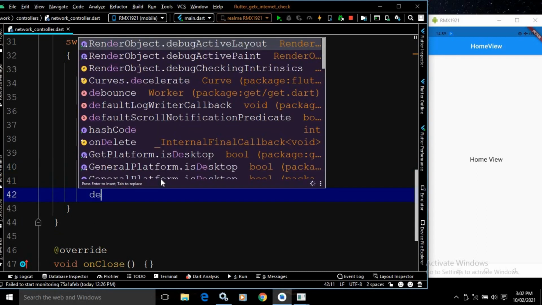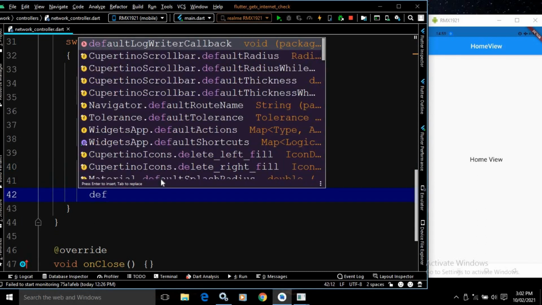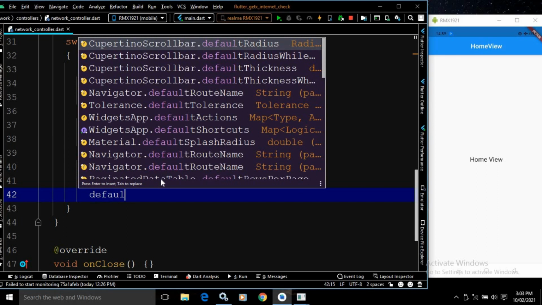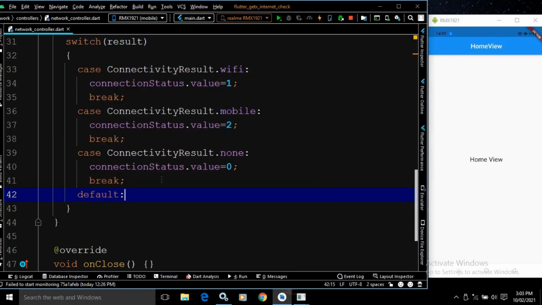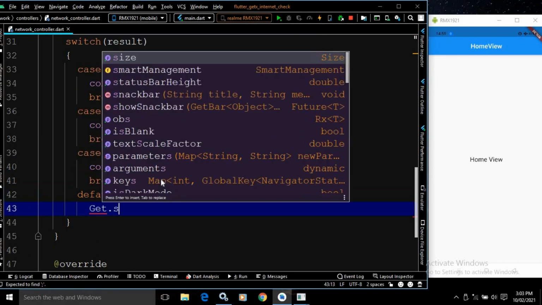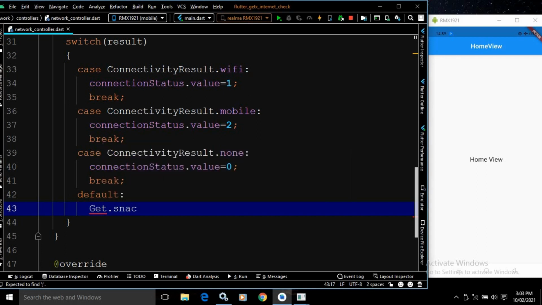And if there is an error while retrieving the connection information, then here I will use default, and in the default I will call Get.snackbar.